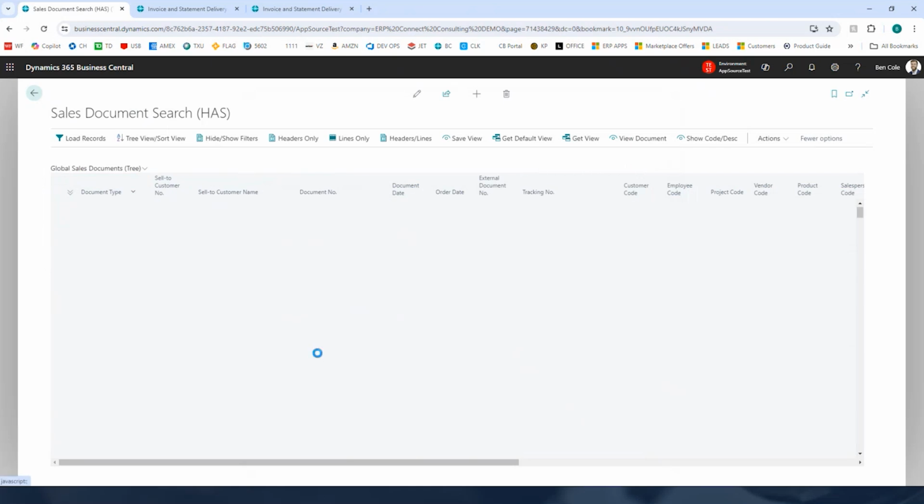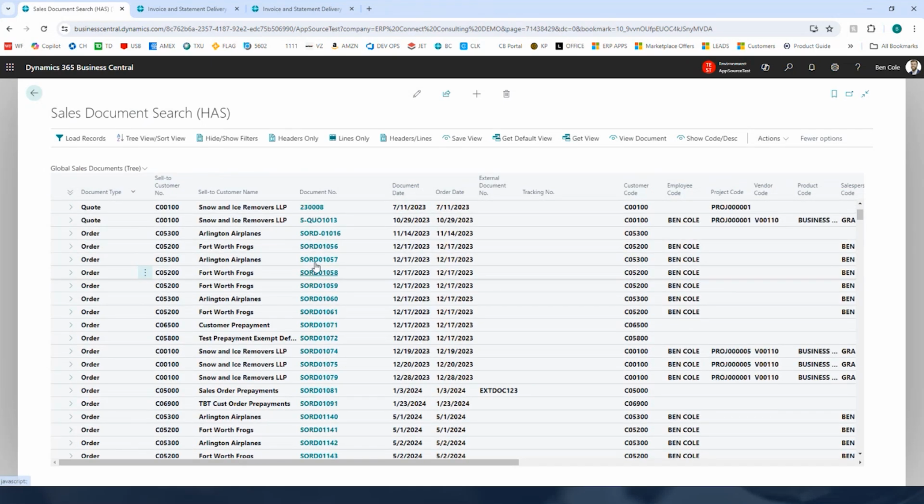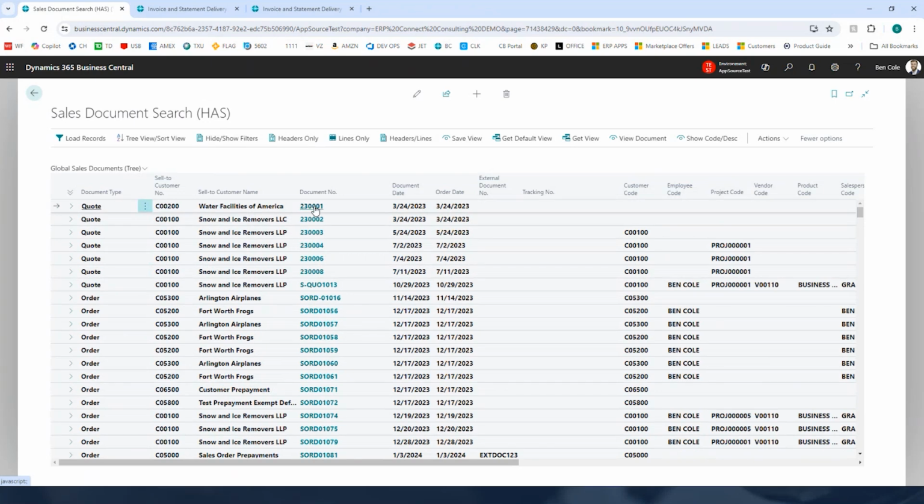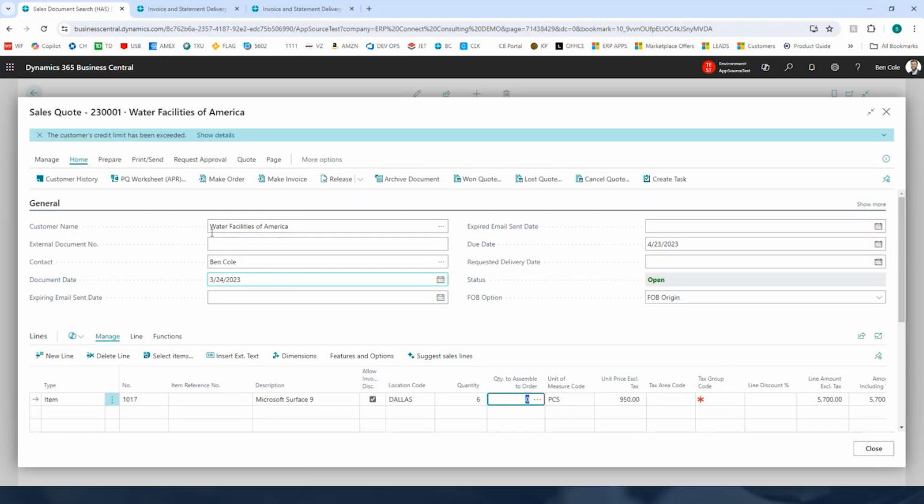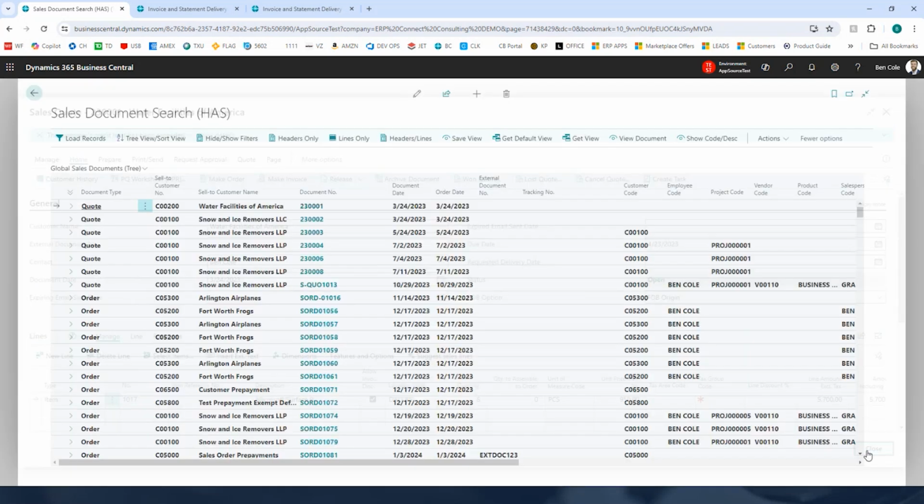If I come back up to one of these quotes, let's say, I want to look at 23001 for water facilities, it's open, right? So I can actually edit this directly in line. So maybe I want to update the quote real time, tab 6, right? Well, customer's credit limit's been exceeded. It's a different problem, but I can now do that automatically. And if I come back in here, that quote is being updated real time, right? So just an easier way to access your data directly in the user interface